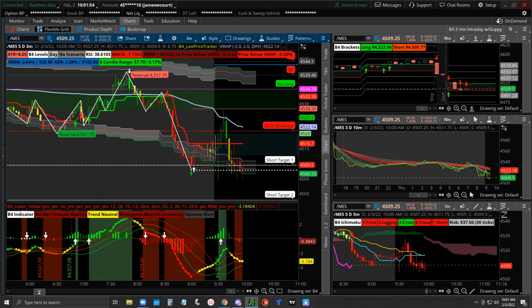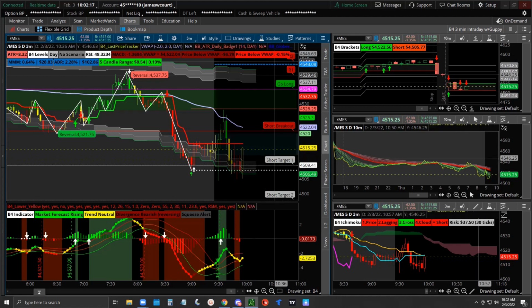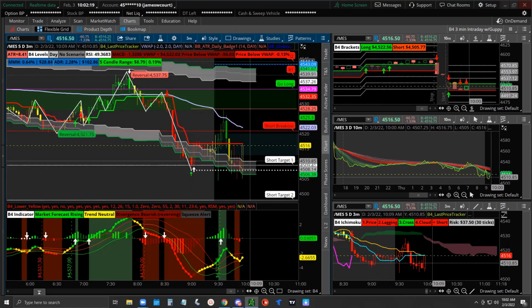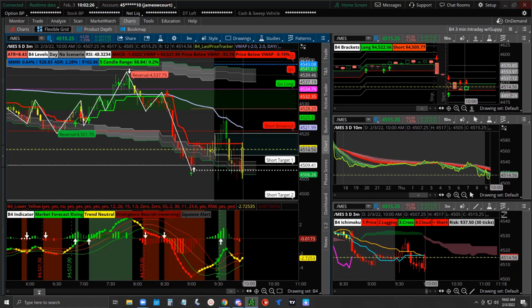So if you actually measure, let me get rid of this. If you measure the mother bar range, bar 5 is the mother bar, that's your range. Bar 6 rejected 50%. Bar 5 tested again, but it didn't close underneath. All right, so now the news went all the way up. This is the news candle now. Okay, so no break of the structure.